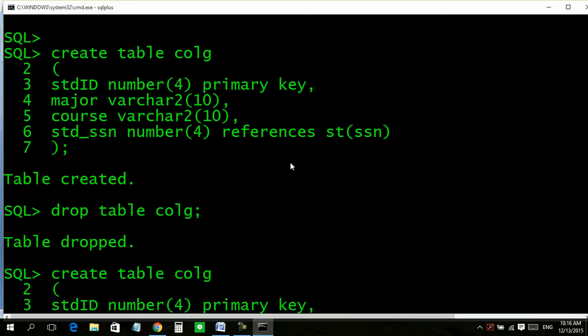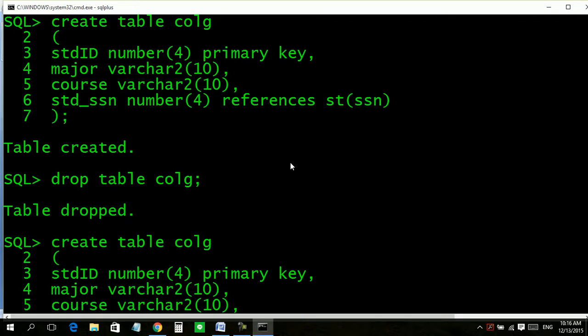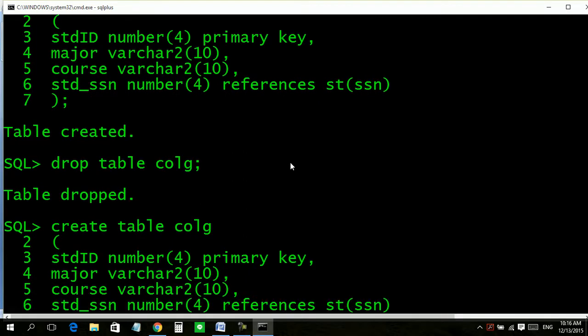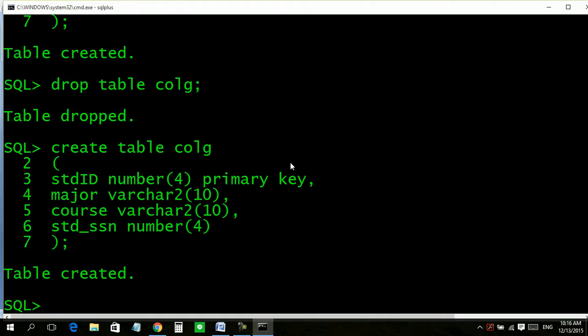Create table college. Okay, this I don't want to keep here. Table created.